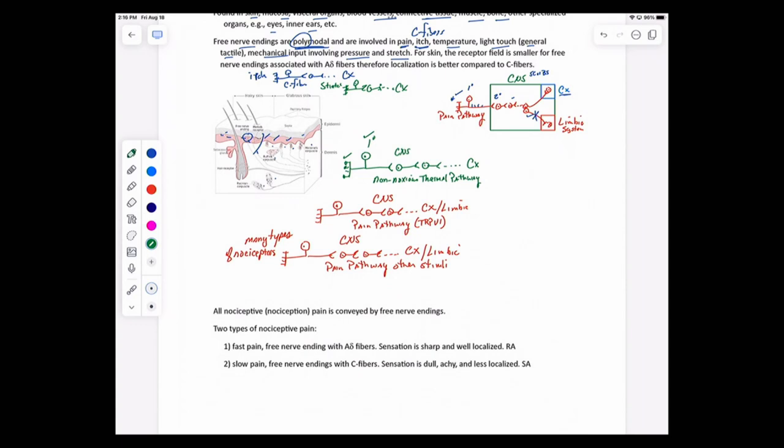So that's going to be stimulated, and then you're going to have your CNS here, again, spinal cord or brain stem, and it's going to make its way to the cortex for conscious awareness of that particular sensation, whatever that is, whether it's cold or hot. But it's non-noxious, which means pain is not involved. Then, as you know, you can have temperature, extreme cold, extreme hot, that actually can induce pain. And my point to you is that that is a different pathway altogether.